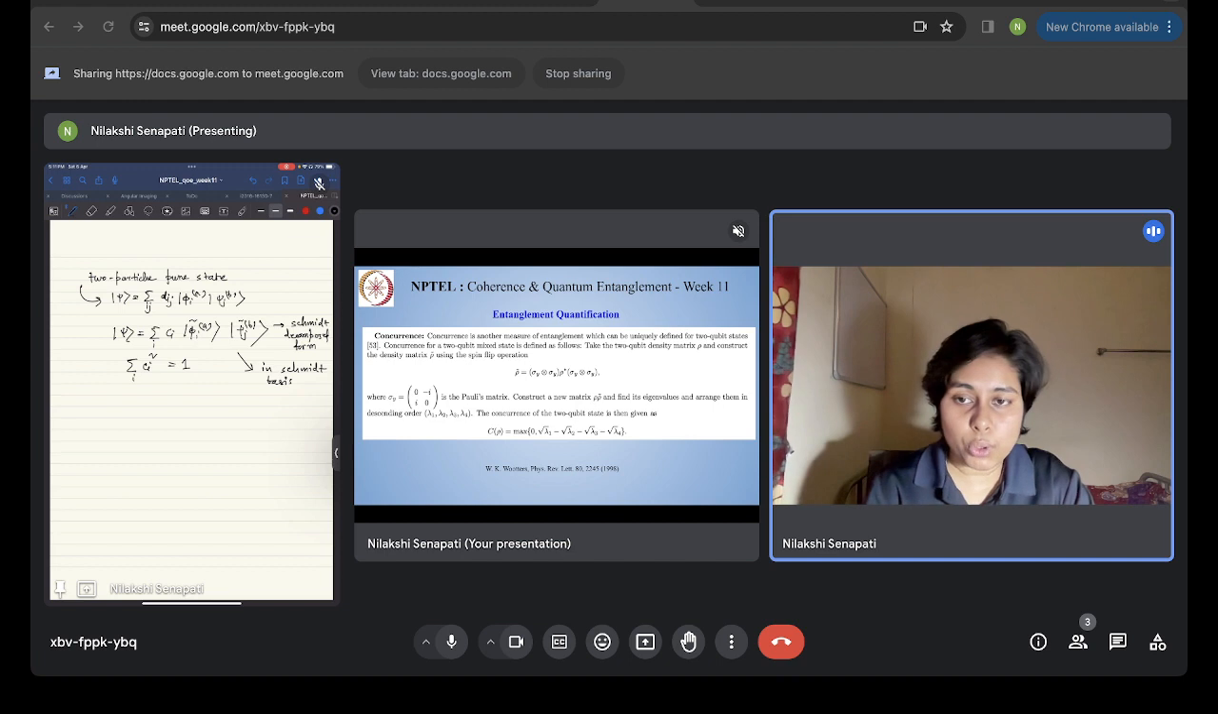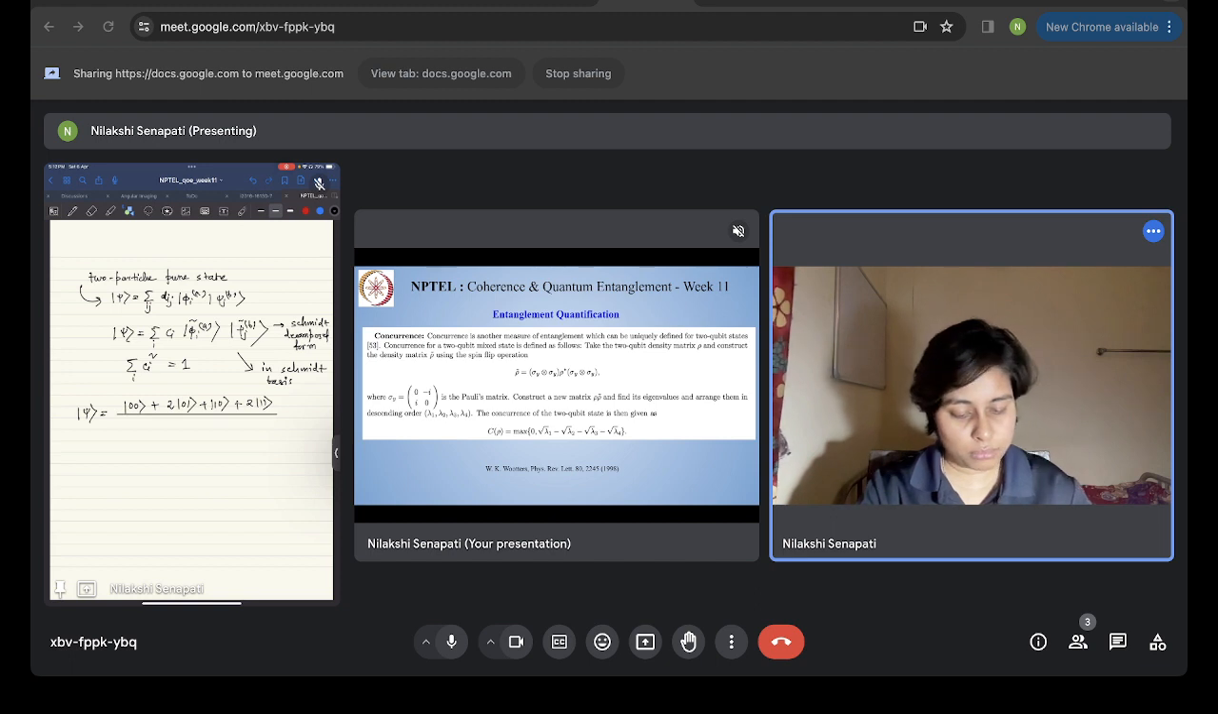If the Schmidt decomposed form contains only one term, then the state is separable. But if it contains more than one term, then the state is inseparable. Let me tell you once again: if the Schmidt decomposed form contains only one term, then the state is separable, but if it contains more than one term, then it is inseparable. As an example, there are several examples actually, but maybe I can give you one example. This can be written as